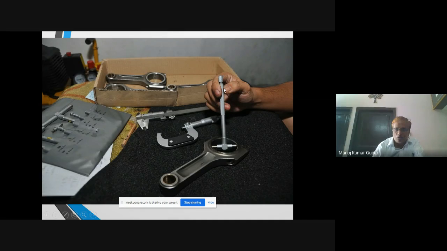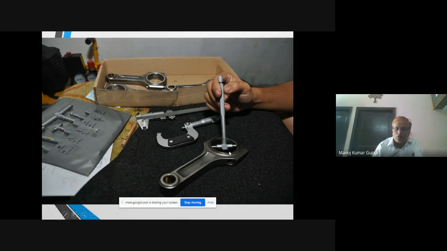This is the telescopic gauge, and this packet contains various telescopic gauges. It is written on the telescopic gauge also, and this is also written on the packing tube. Okay, so